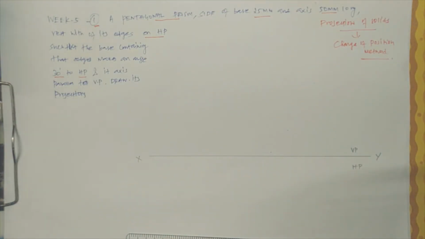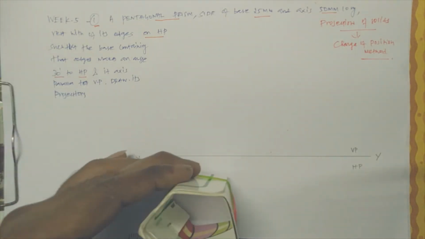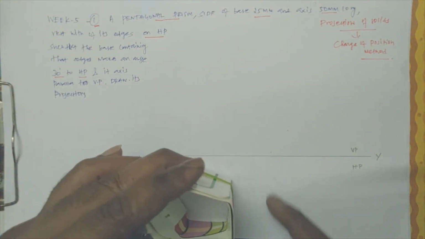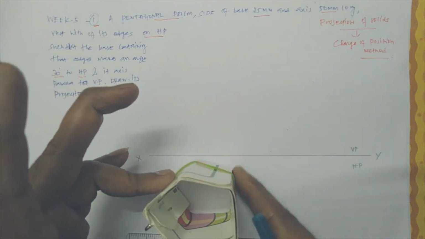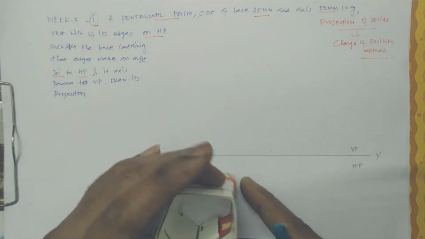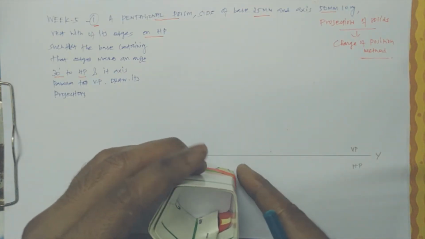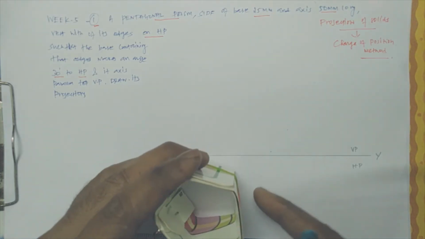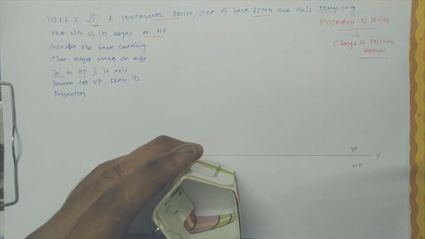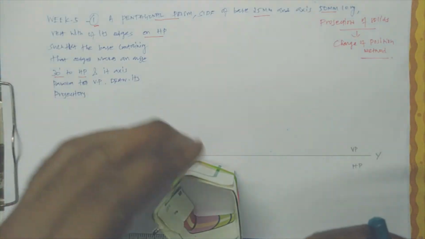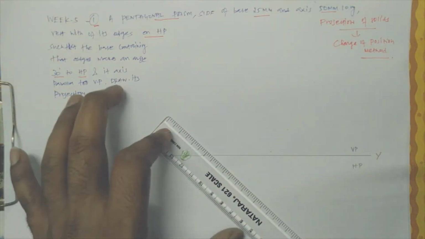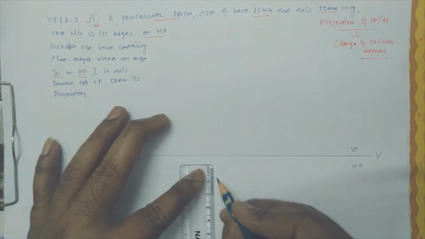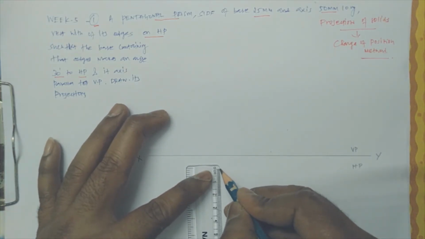For that we need to draw the simple position first. This is the simple position. So the base is supposed to be perpendicular. One of its bases we need to make perpendicular to HP, and perpendicular to VP as well. Okay, so in this simple position, when you are seeing from the front and from the top, the top will be HP and the front will be VP. So let us draw one pentagon here. The base is supposed to be perpendicular to VP. There is a reason